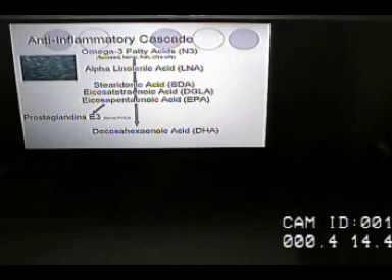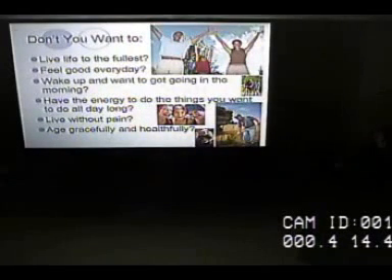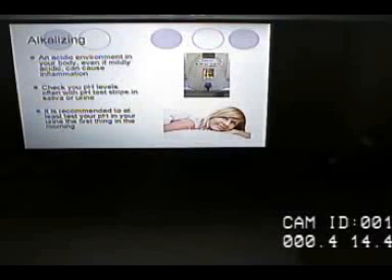Anti-inflammatories are your omega-3s. So like I was saying, flaxseed, hemp seed, fish, chia, and on down, this is the whole conversion process into EPA, and then thus converted to DHA, okay? And this is creating the whole anti-inflammatory aspect. So don't you want to feel great as long as you can? Yes, I think we all want to wake up and feel great and not be in pain and live a long, healthy life as long as possible. So how can we do this? And that's where I go into a lot of the supplemental and dietary aspects of it.